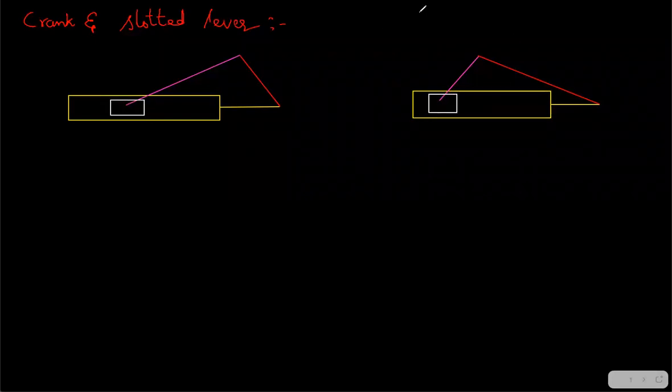So now let's name the links, right? Link number 1, link number 2, link number 3 and 4. Here too we can name it 1, 2, 3 and 4. And revolute joint here, here and here, and there is a prismatic joint between 2 and 1. Here also revolute joint here, here and here, and then prismatic joint between 2 and 1.